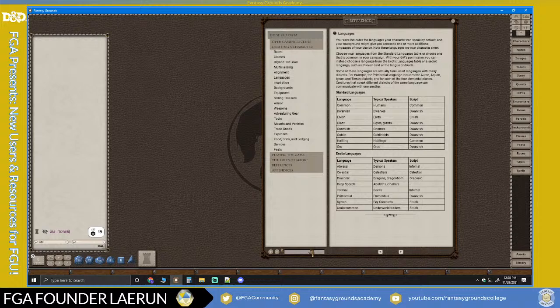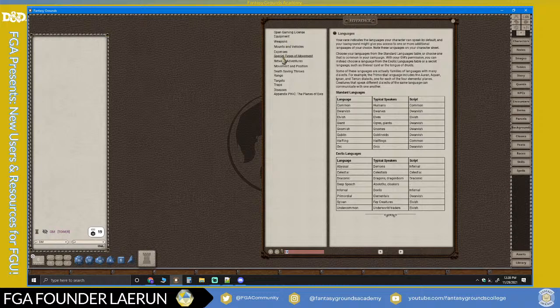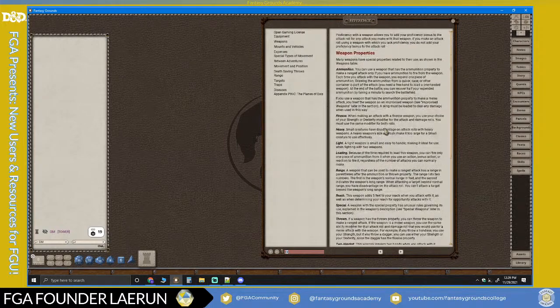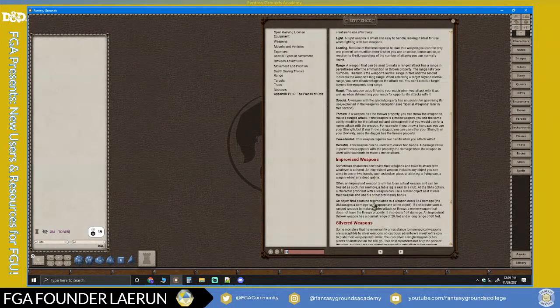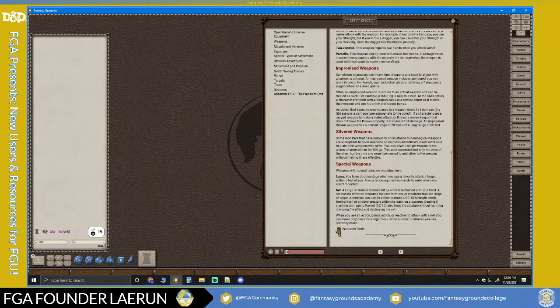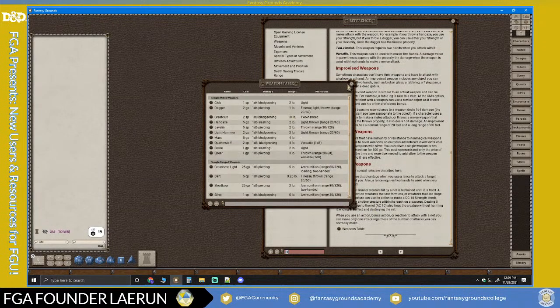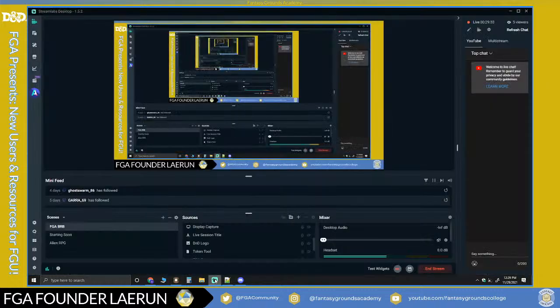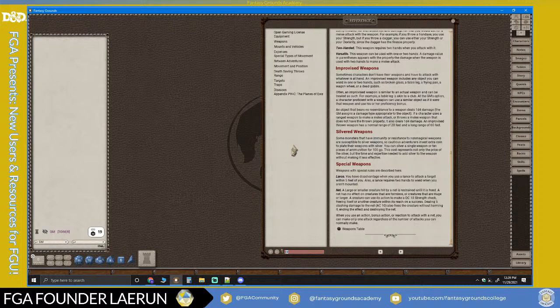So maybe you wanted to play an elf, so you can type elf and hit enter. And anytime that is mentioned in here, it'll allow you to pull that up. So it might even have elven weapon training, those sort of things. Silvered weapons, special weapons. There's a weapons table that you can reference. So there's a lot of cool content that's embedded in the reference manuals. It's basically your equivalent to the actual hardback material or the PDFs.